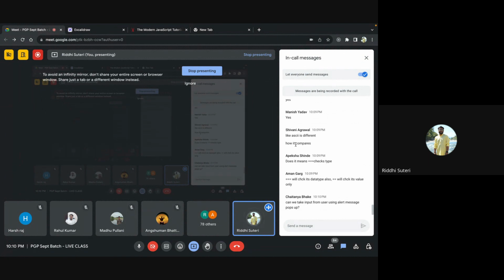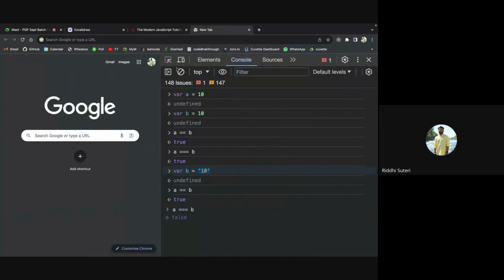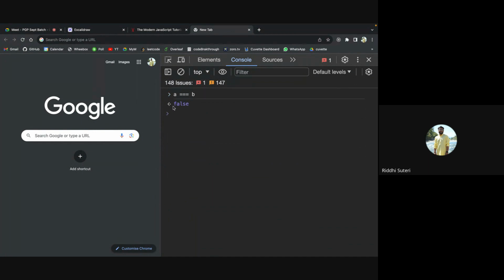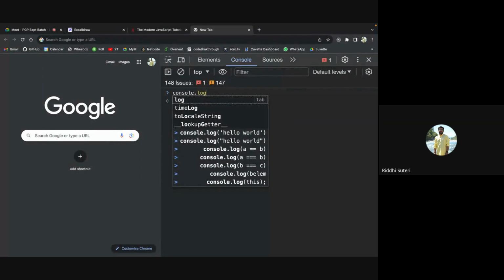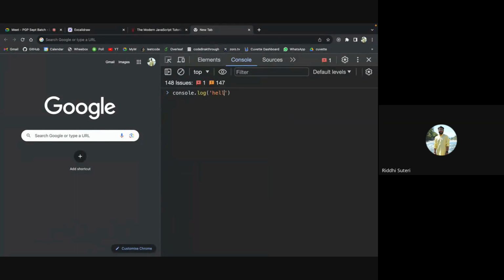Can we take input from user, alert? Yeah, so this is also one thing that many people ask, like, can we take input? Can we print something to the console? Printing something to the console is very, very simple, right? It goes by something like console.log. We might have discussed it earlier. console.log will mean that whatever you write here will be printed on your console. This is your console. That's why it is getting printed, right? And the reason that it had printed undefined is because evaluation of that would be nothing. So that's why undefined was printed, right?